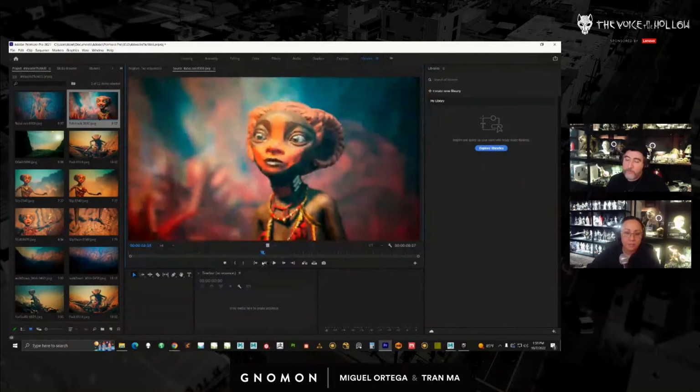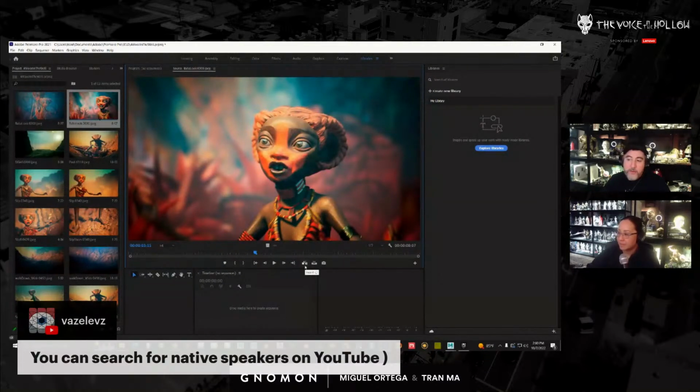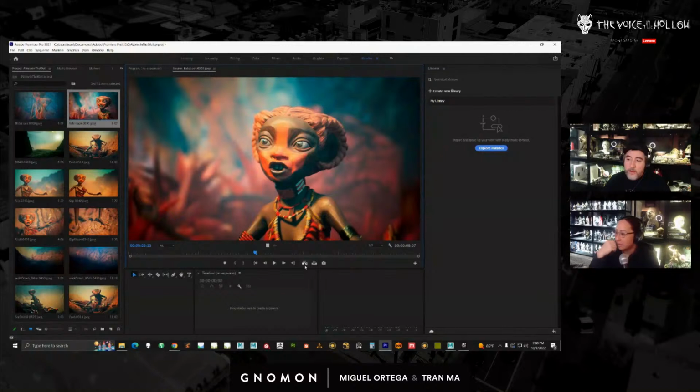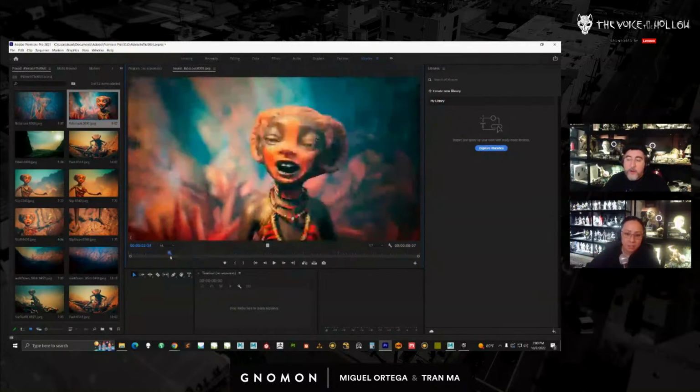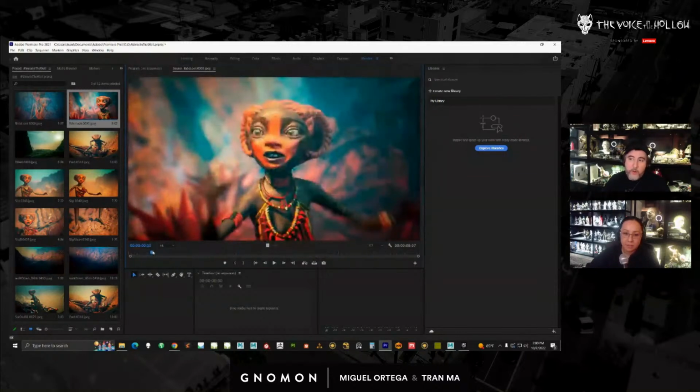So someone is saying that you could search for native speakers on YouTube. Again, the problem was not that we have the actors. The actors are native speakers. That's not the issue. The issue is no one that speaks Swahili that we know happens to have a facial motion capture system at home and knows how to clean up motion capture. That's just too much of a stretch. So it's not the Swahili. Our actors are awesome. It's just they're in Africa and we're here and our motion capture system is here.